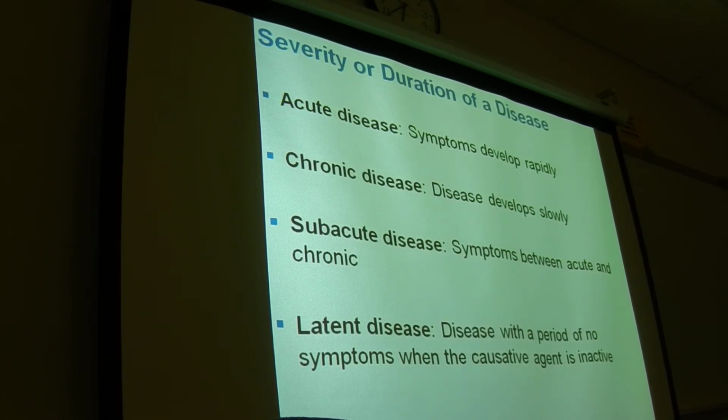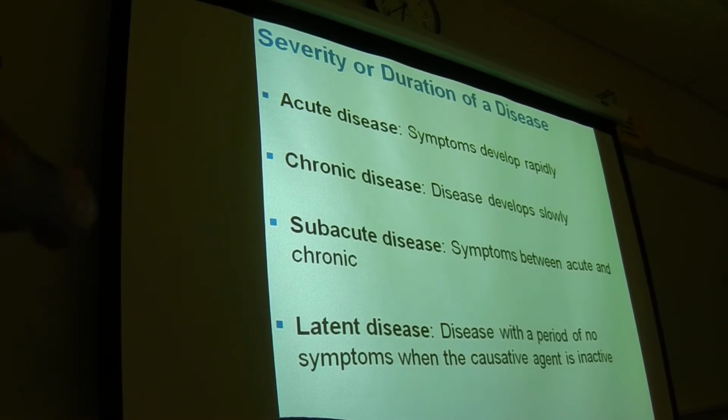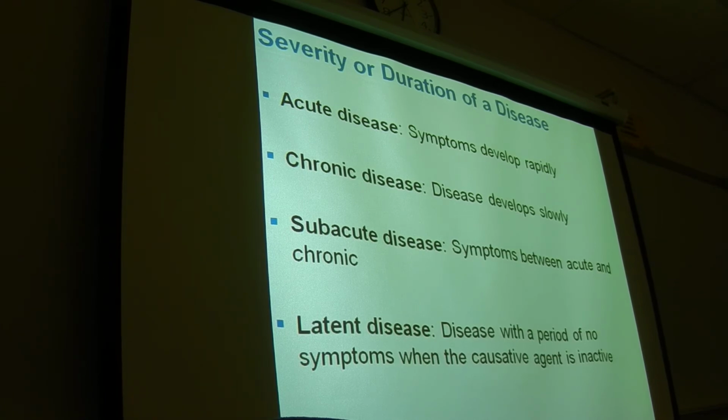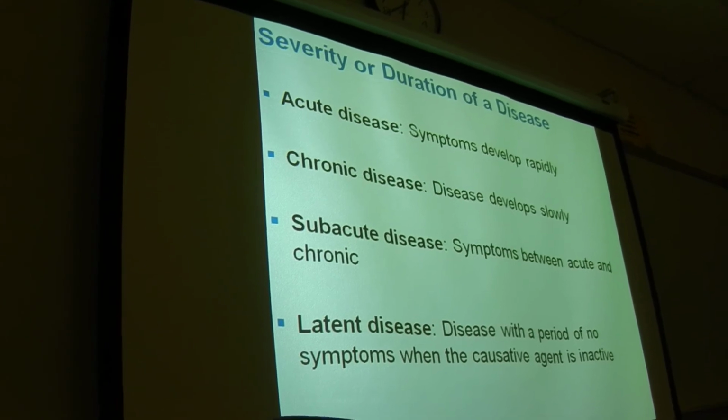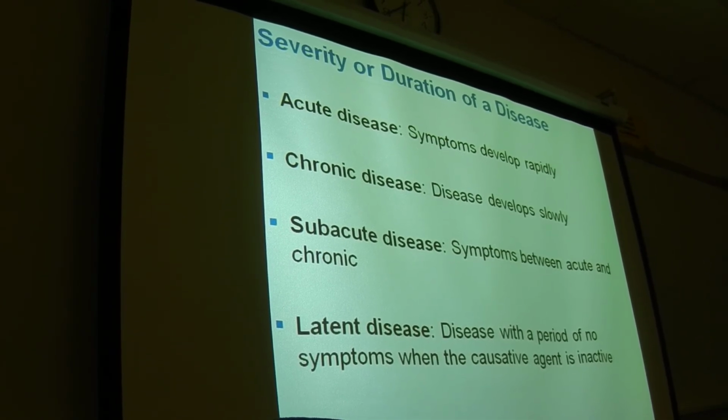Okay, so switching gears a little bit to the severity or duration of disease and words you would use to describe that. So an acute disease is when the symptoms develop rapidly. So again, something like the flu, you get infected within 48 hours, you usually have pretty severe symptoms, comes on quick, typically goes away quick. I know it doesn't feel quick when you have it, but in the scheme of diseases, it's fairly quick, usually within 7 or 10 days it's been removed from the body.